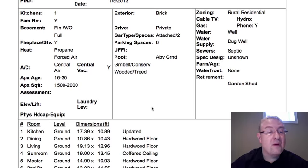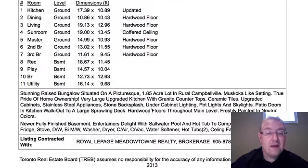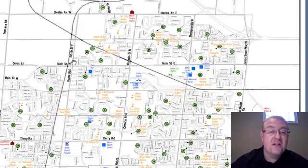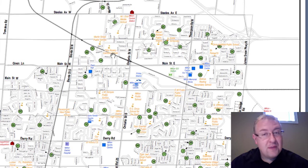And it's got an above ground pool. It's heated by propane. A lot of nice stuff here. So overall, I would say that that's one of my favorite ones for the day and even of the week. So when you look at Milton here, I'm going to break down, if you're just being introduced to the